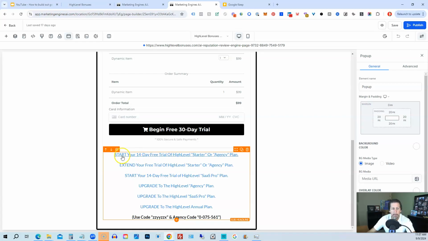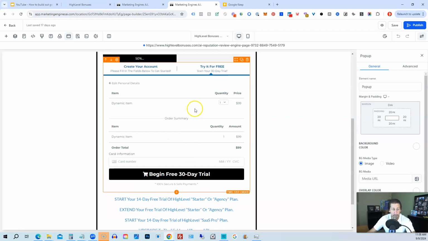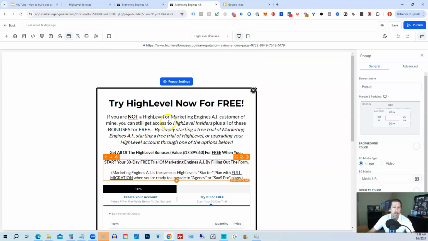If you don't, then we have links below where you can start your 14-day free trial of HighLevel Starter Agency Plan, or extend your trial of HighLevel Starter Agency Plan, or start your 14-day trial of the SaaS Pro Plan, or upgrade to the HighLevel Agency Plan, or upgrade to the SaaS Pro Plan, or upgrade to the HighLevel Annual Plan. So this is the first step in building out HighLevel for affiliate marketing, is coming up with your bonuses,